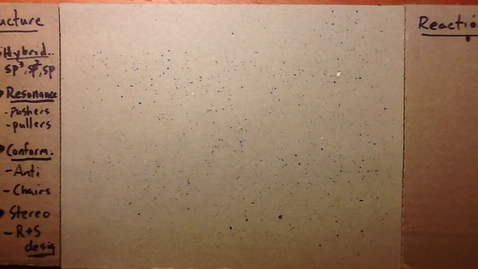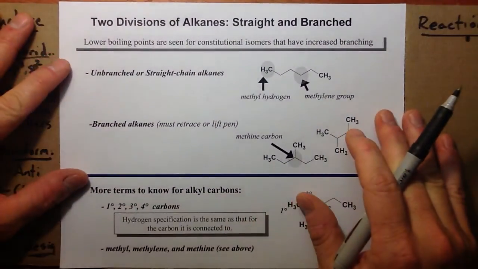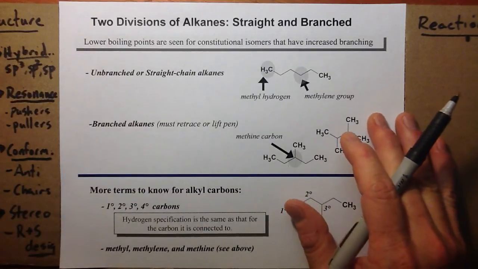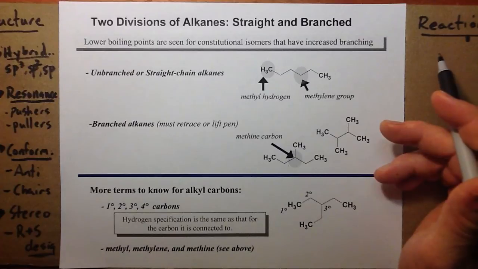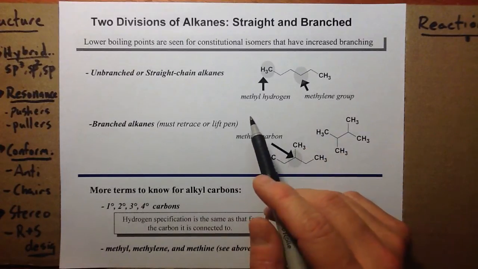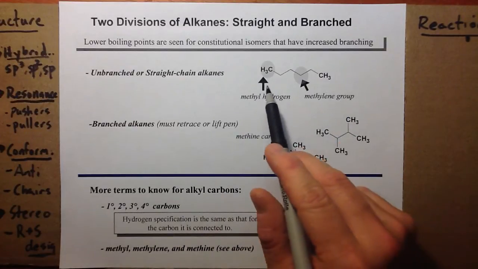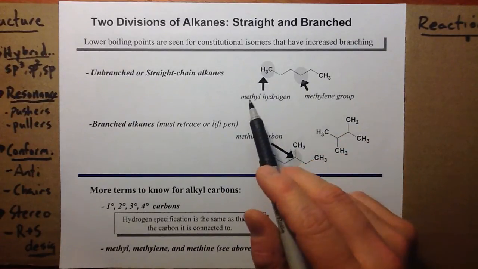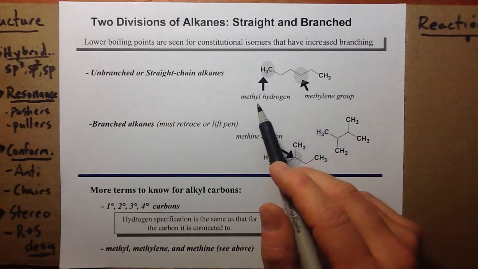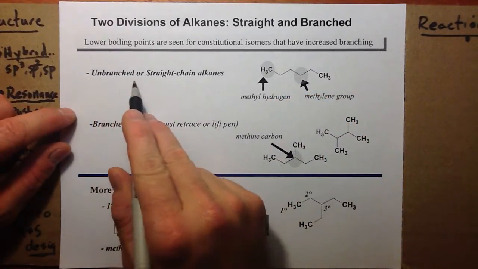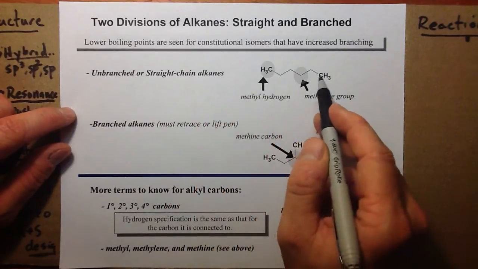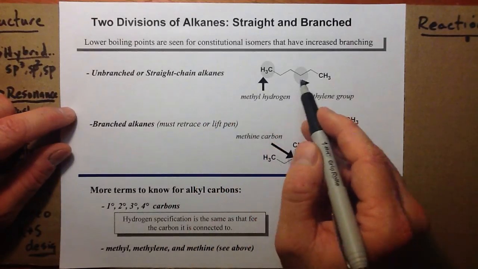Now, how do we name just parts of a molecule? Let's say we want to point to some part of a molecule and say, hey, at this carbon, this one right here, we see this particular effect or whatever. You can do that with alkanes by naming portions of the full molecule, not the whole. So we can say, for unbranched or straight-chained alkanes, where we don't have to lift our pencil or pen,